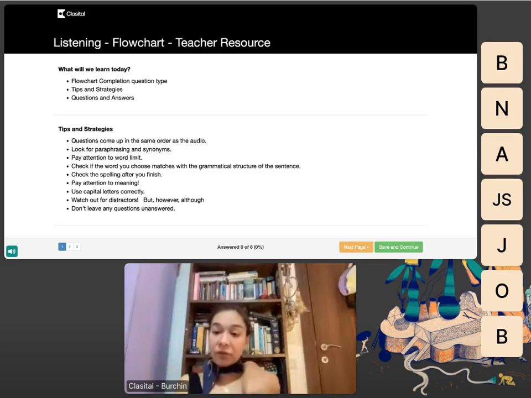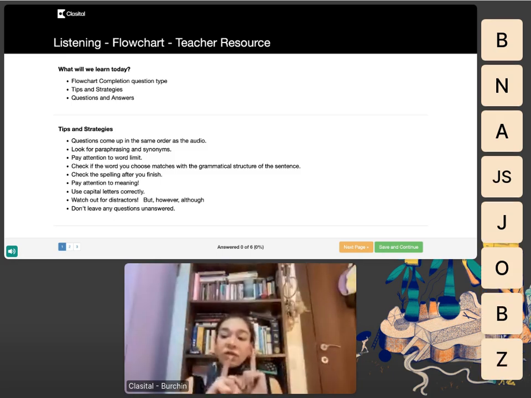Pay attention to the word limit. Maybe you are allowed to write just 2 words, and if you write more than 2 words, you won't get any points. Check if the word you choose matches the grammatical structure of the sentence. If there should be a noun in that blank and you write a verb, you won't get a point, and it can help you to look at the questions before the audio,